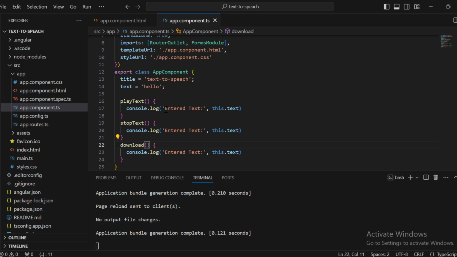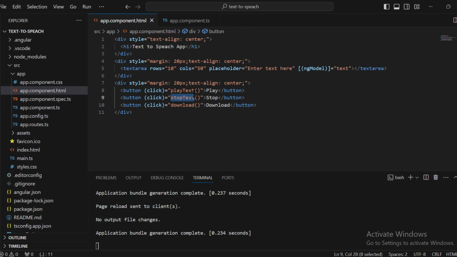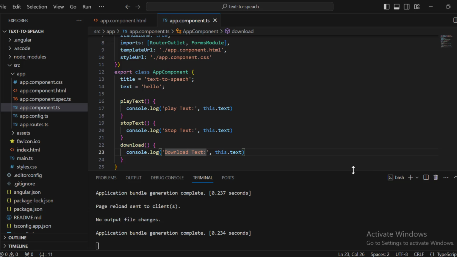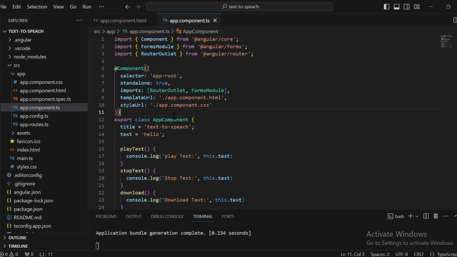So I'll say playText, stop, and then download. This is just a message. So now these things we have created, and it's working as well. Let's go and implement the text to speech thing, and for that we have to go to, yes, we are already here inside this app.component.ts file, and here we will use